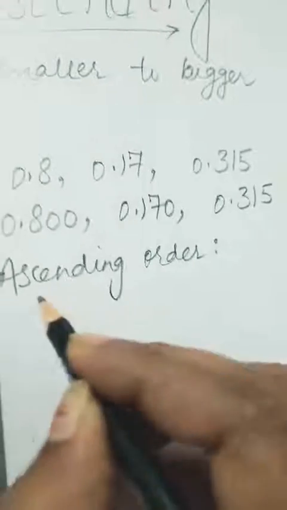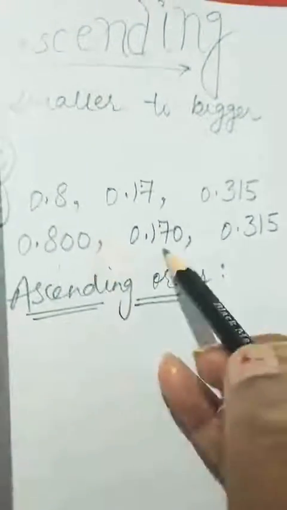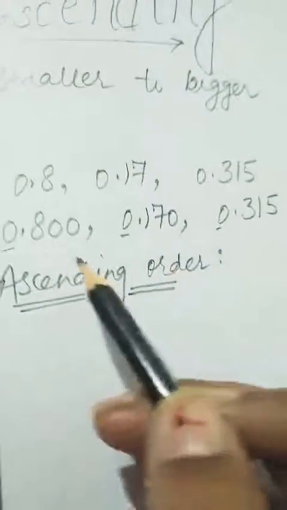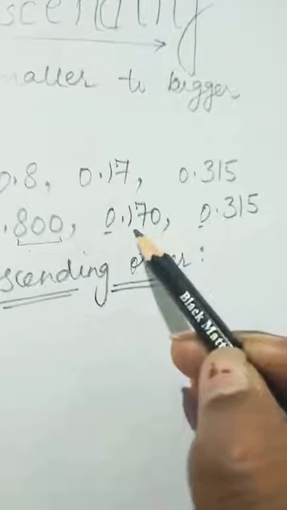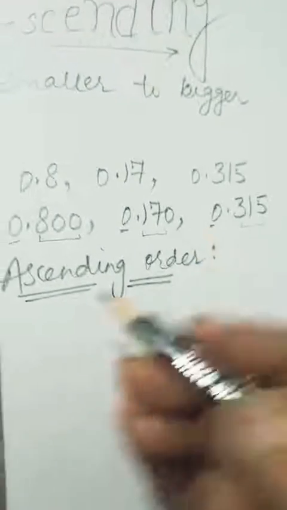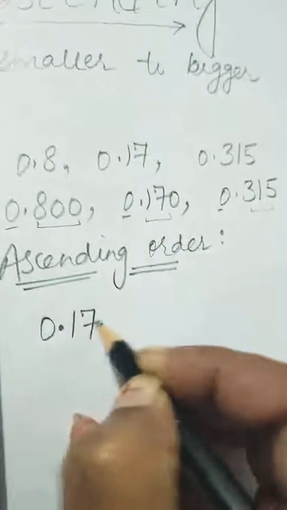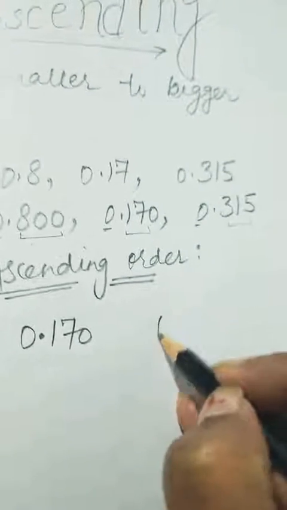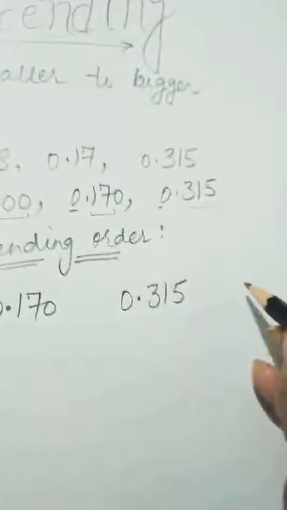Now ascending order. For ascending order, firstly we will write the smaller number from here. Yes, here you can see the whole part is same, so we will compare decimal part. In the decimal part it is 800, it is 170, and it is 315. 170 is the smallest, so here firstly we will write this number. After that 315 we will write this number. After that